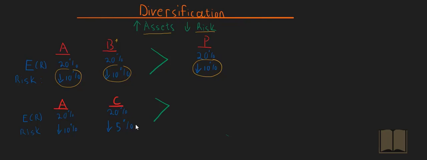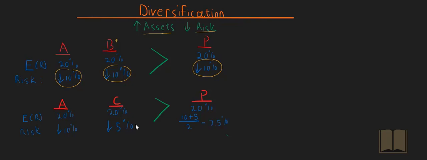The addition of asset C in your portfolio would result in the following. The return in your portfolio would stay the same at 20% because both underlying assets, asset A and asset C in your portfolio, are giving you 20%. And the risk of the entire portfolio would decrease. So let's take the risk of asset A, which is 10, plus the risk of asset C, which is 5, divided by 2. This gives us 15 divided by 2, which gives us